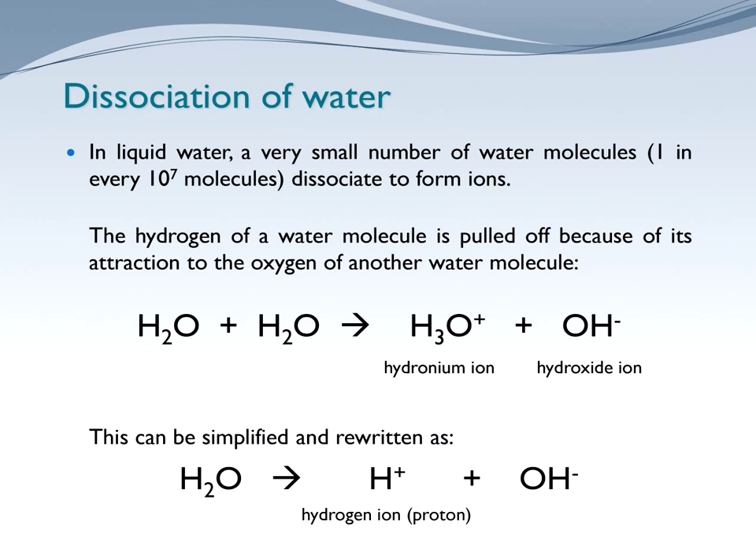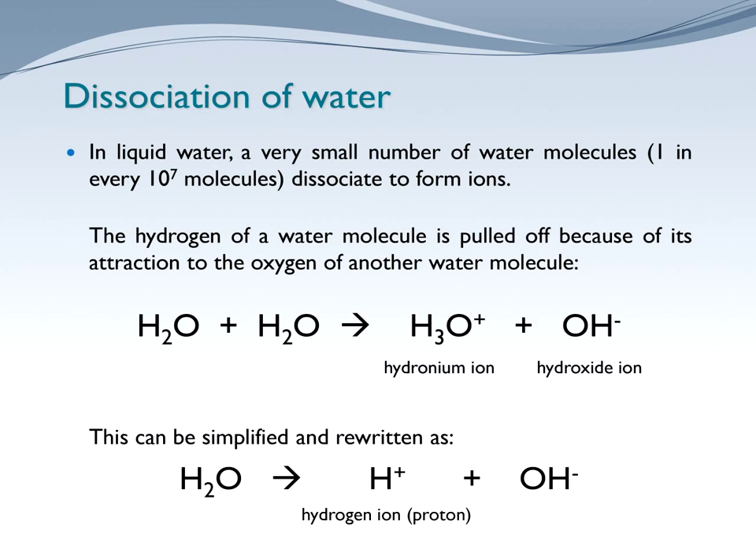Water molecules are also capable of dissociation. In liquid water, a very small minority of water molecules will dissociate to form ions. Essentially, water molecules collide so that one of them loses a hydrogen to the other one. The molecule that lost the hydrogen becomes a hydroxide ion. The water molecule that gains the hydrogen becomes a hydronium ion. This dissociation is often simplified so that the hydronium ion is shown as a hydrogen ion for short, which is